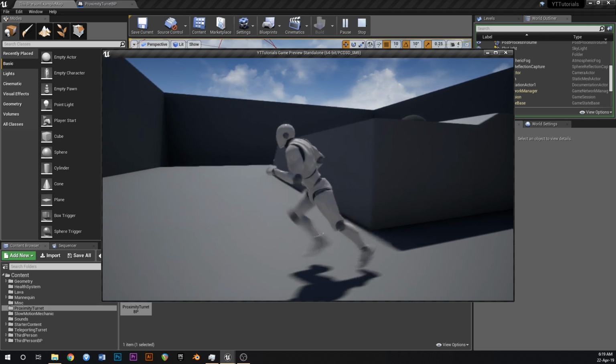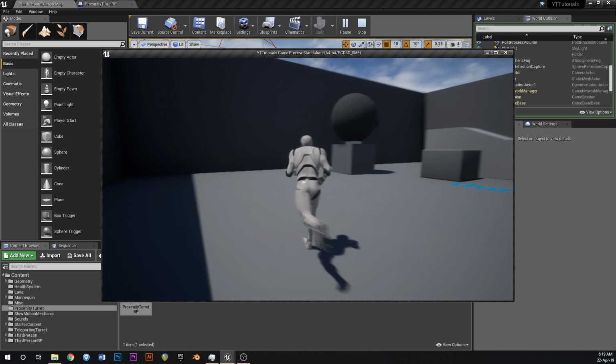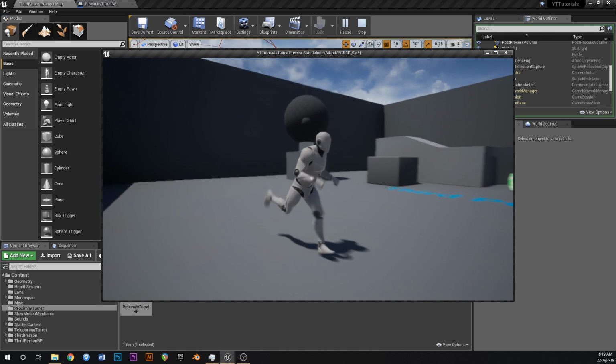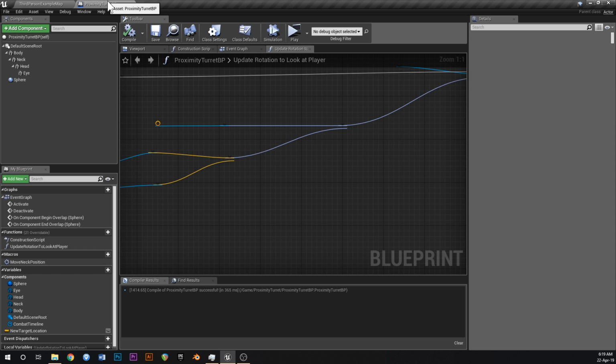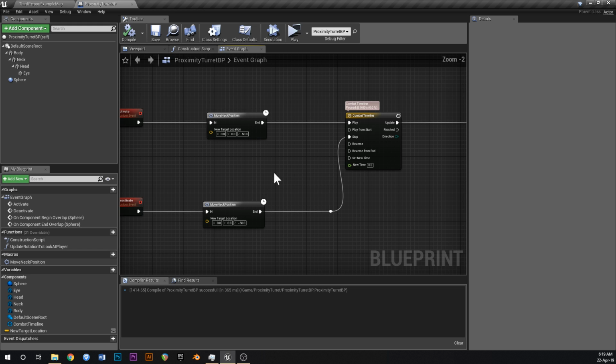Let me just try one more. I want to come around the back and I want to see if he turns around the wrong way. No, he didn't. But that's still sweet. Alright. So that's all done, and he'll follow you around